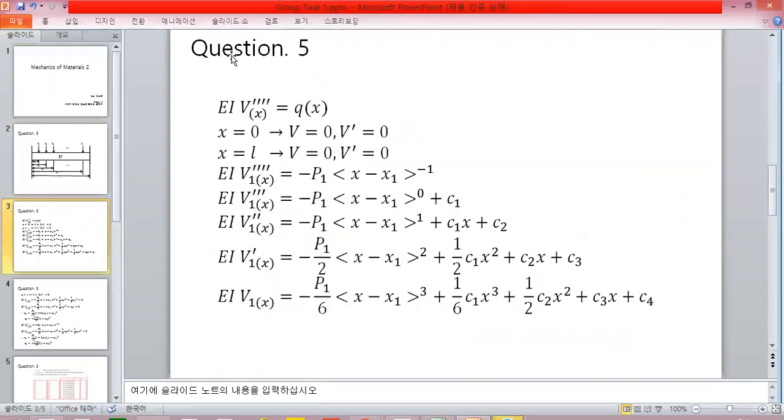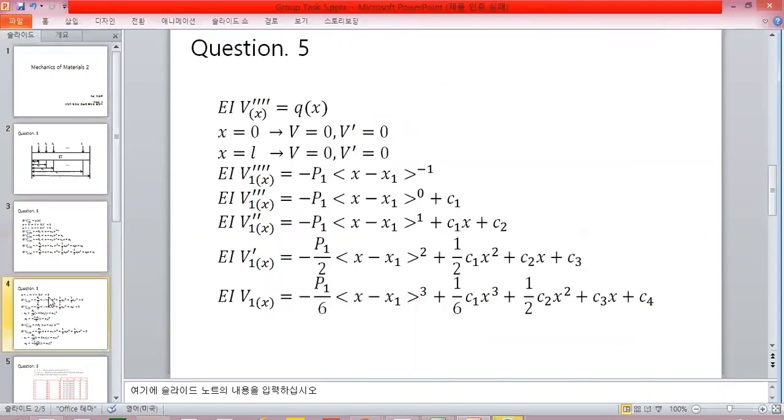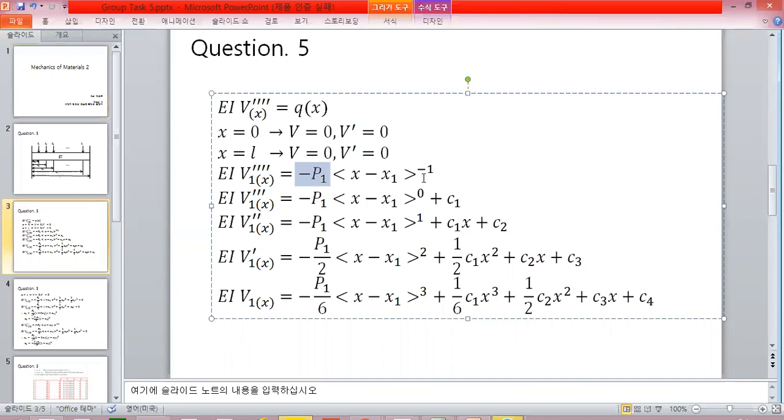And the basic equation we know about a beam is EI V4 prime equals Q(x), and by this picture we know we have P1 to Pn forces applied, so we can set Q(x) to minus P1 (x minus x1) to minus Pn (x minus xn minus 1), and we will start